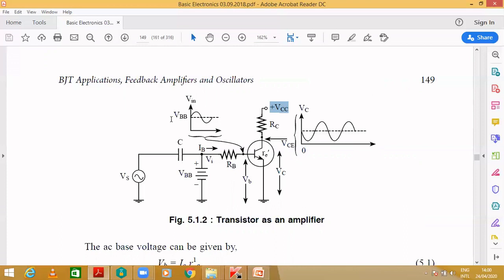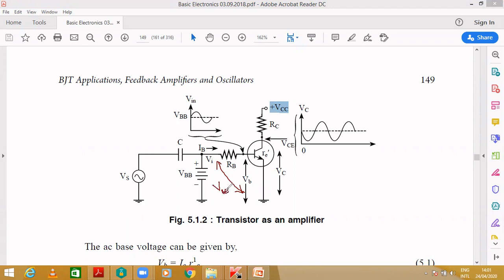Okay, so here what happens, the VBB, or you can see, the sine wave is given. And this point, this is the emitter and this is the base, and it will be written as VBE,